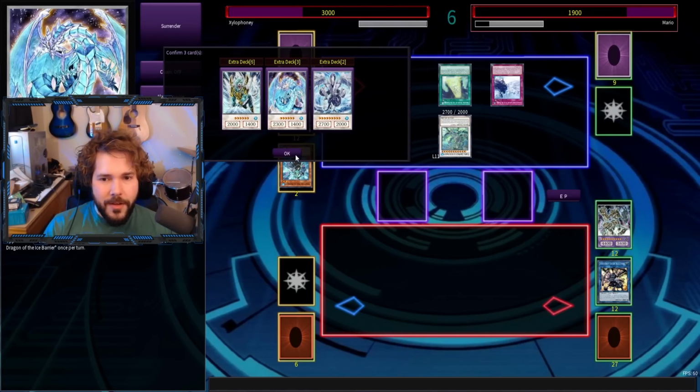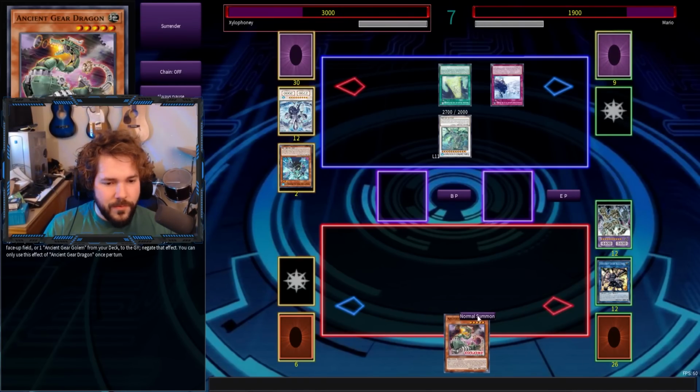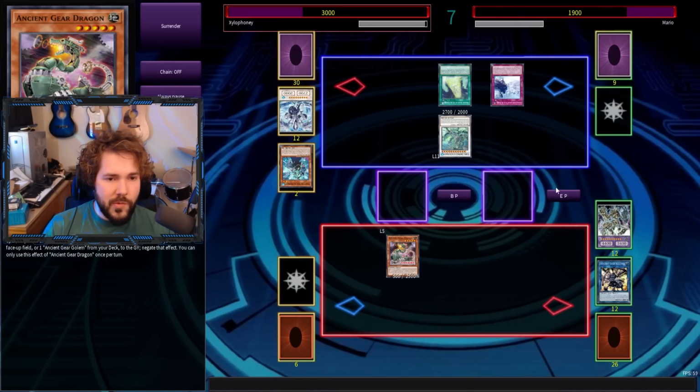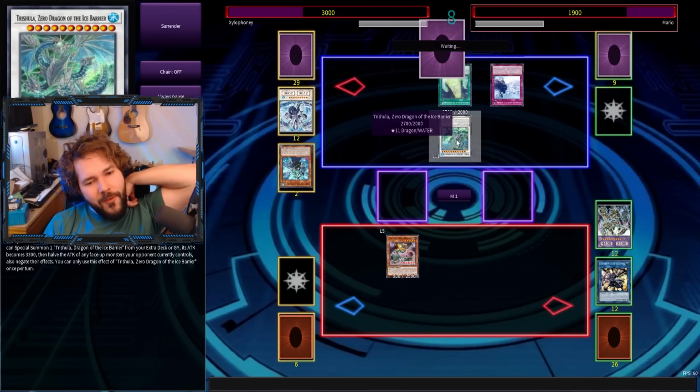Here you go. Enjoy all your lovely synchro cards. Oh no, I need to reveal at least 3, or else the frozen domain doesn't stay. I have another Ancient Gear Dragon, but alone he's not gonna do anything. Well, I do need to draw at least 1 monster to deal that extra little attack. That's true, but I mean, I'm riding on nothing, so...